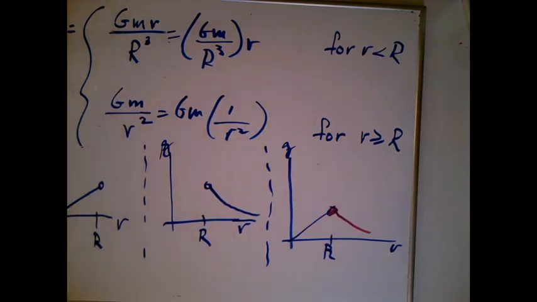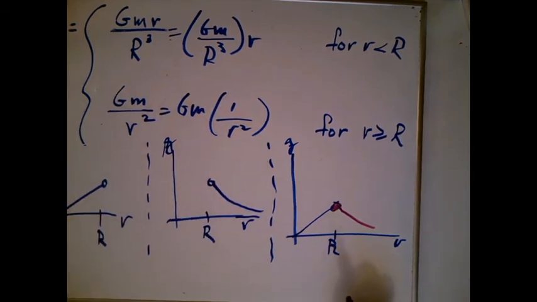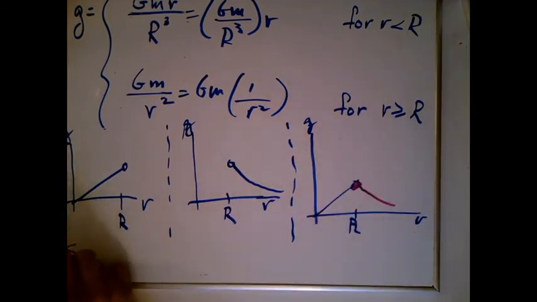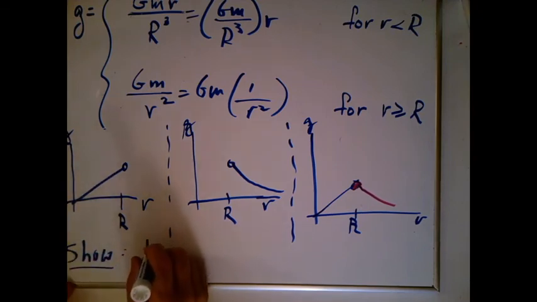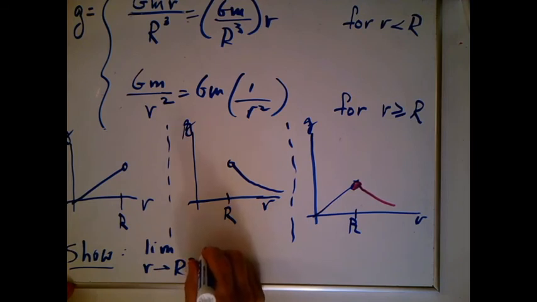Now, that's not what the formulas might say. The formulas might say, hey, your common sense stinks, and that's frequent in science. What we do want to do is ask, what does it mean for this graph to end where this graph begins? Why? That's limits, right? So in order to show that it's continuous like this, we would need to show, and I expect you to do this when you do this, that the left-hand limit, as little r approaches big R from below, of little g, we can call it little g of R if you like,